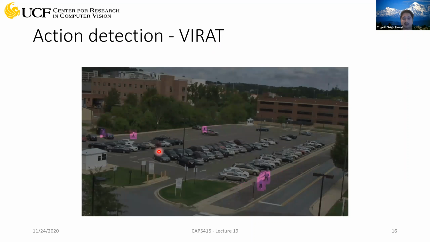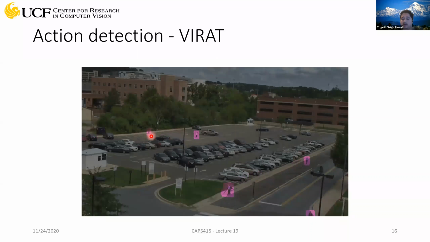But what has been recently done is that now we have annotations for all the activities in the video frames. And again, it's the same data set, VIRAT, and it can be used for action detection. It's a very complex data set. It includes everything. It includes activity detection.